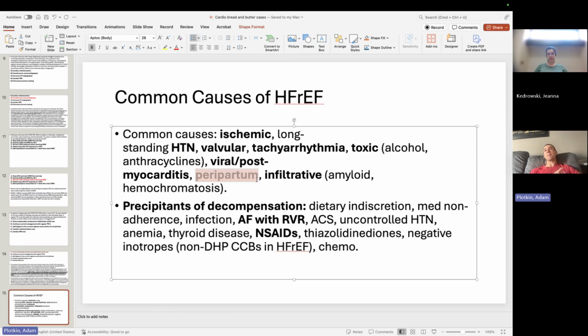Peripartum cardiomyopathy, either during pregnancy or shortly after giving birth, usually within the first 4 to 6 months. You want to be on the lookout for this. It's a classic question for Step 2. You look for a patient who recently gave birth and now is coming in with all the signs of heart failure that we've literally described. Be careful. Another question I've seen on this is, what if the patient wants to get pregnant again? Do you know what you tell them?